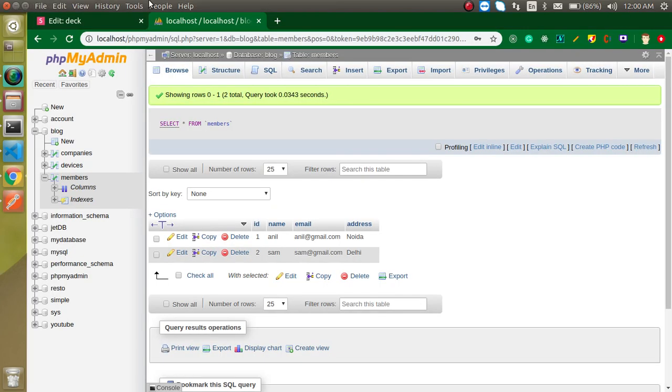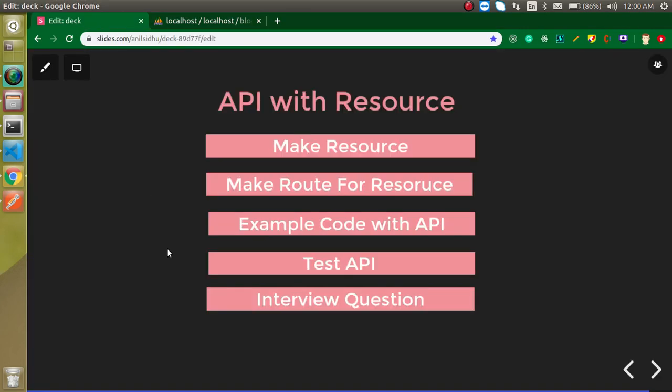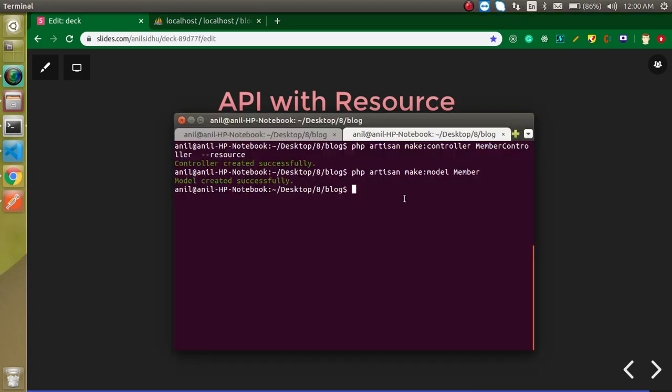So it's time for my question. I have two questions in this video. One, can we use these resources like we are using here in this video with APIs? Can we use these resources with HTML forms also? And my second question is, can we generate a model also with the resource? Here you can see that we just generated the resource with the MemberController, right? So is it possible to create the controller, model and resource at a single time? If yes, please comment, and if not, then still comment and tell me the answer with the reason also.